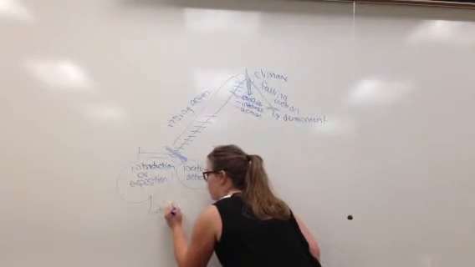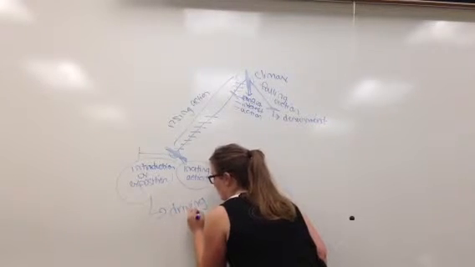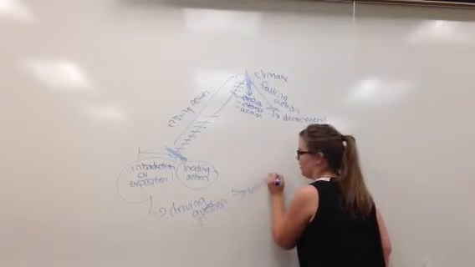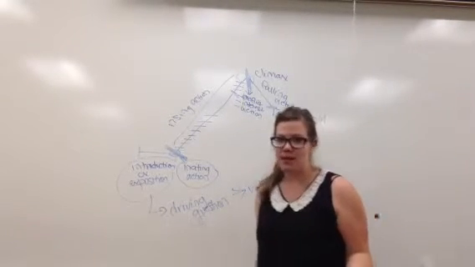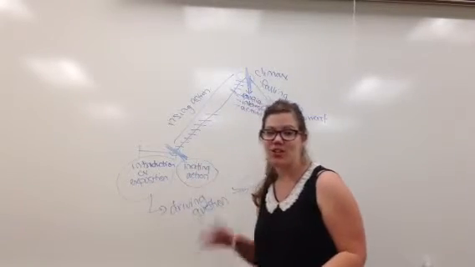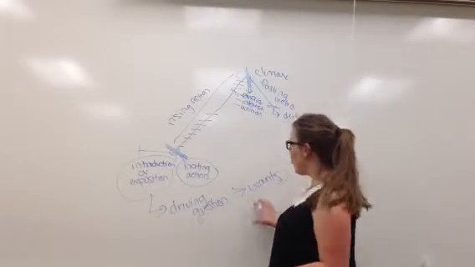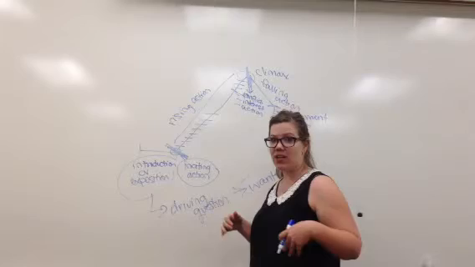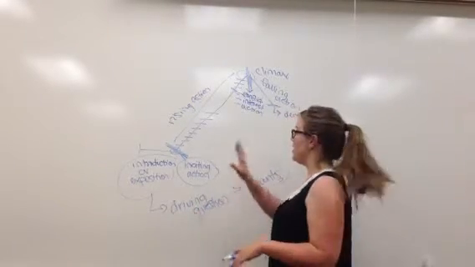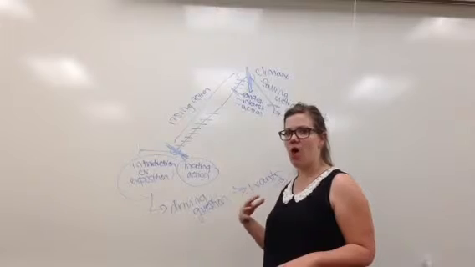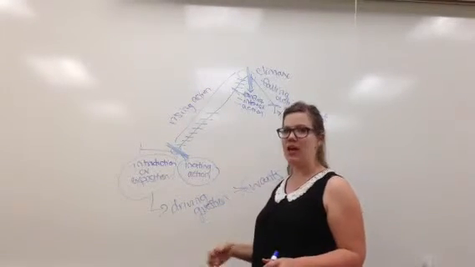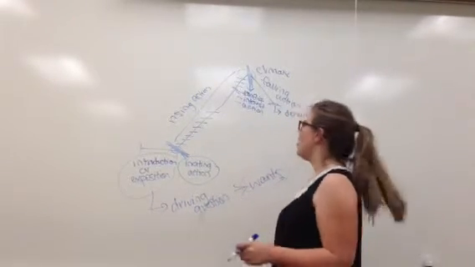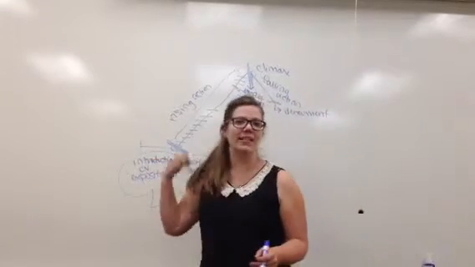Now think here to this introduction. By now we've established what a driving question is, right? Your driving question is what your character wants. They want something. They have to want something. Everybody wants something, but especially characters. Characters in a story want something. So they want something, and then each scene should be working towards them getting what they want. So when the conflict escalates and when the stakes are raised, that thing that they want is getting harder and harder for them to attain, which means they have to work harder and harder to get it. Make sense? So then, that's what conflict is. That's what rising action is.